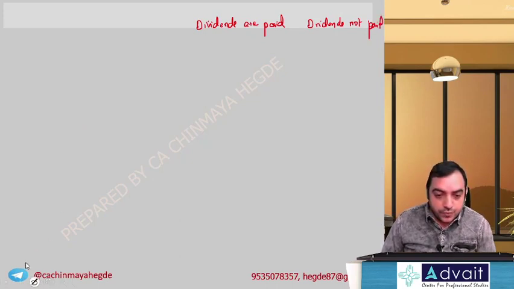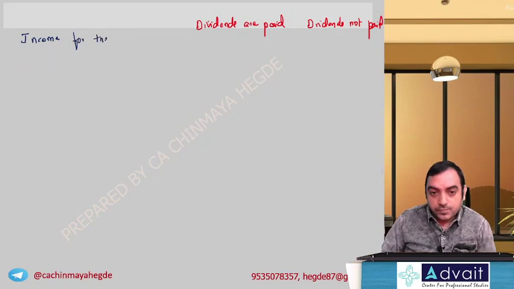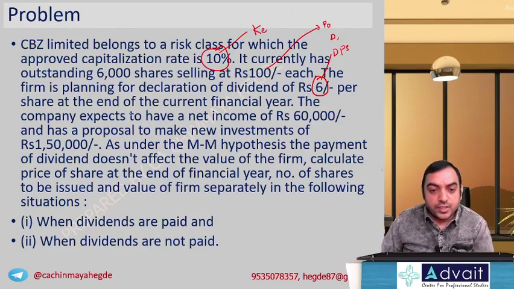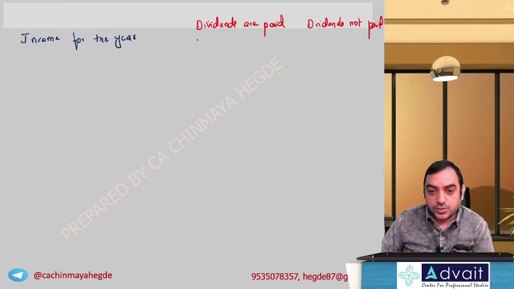Okay. So first let's write down what is the income for the year. Income for the year, they have a proposal to have a net income of 60,000 minus